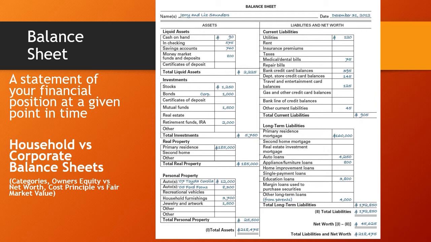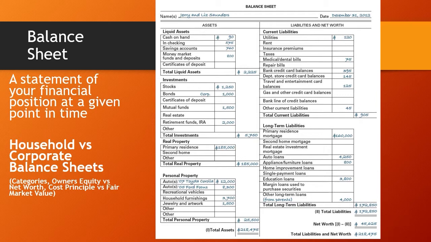Okay. Next, personal property. It's just all the other things you own, all the other tangible property, like cars, like clothing, like jewelry, like furniture. The list could go on, right? You could subcategorize that as detailed as you want, or you could just have cars and other personal property, whatever's going to be most useful to you in your financial plan. Okay, then we total all the assets. That's at the bottom of the left-hand side of the page. It says total assets. They have a total in assets of